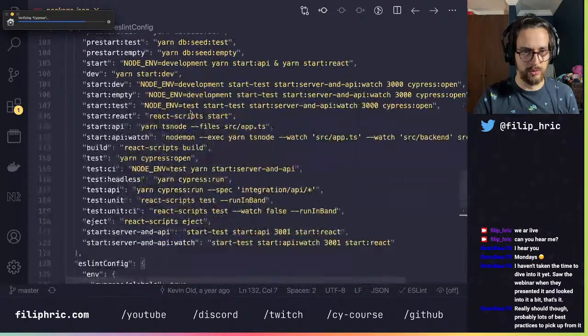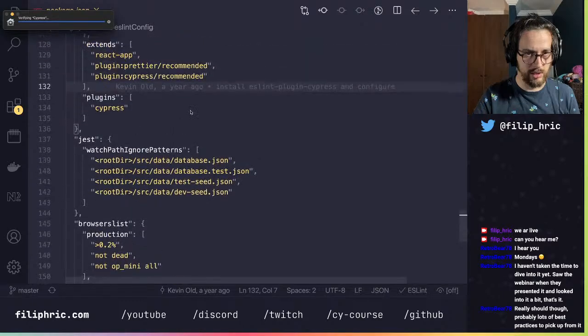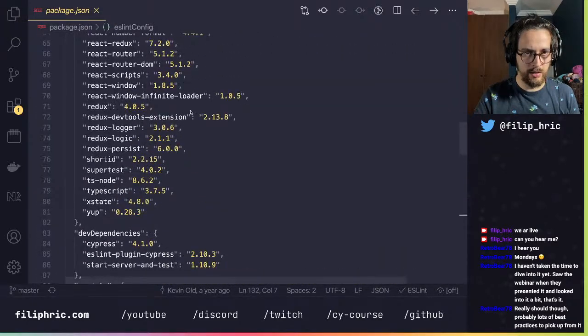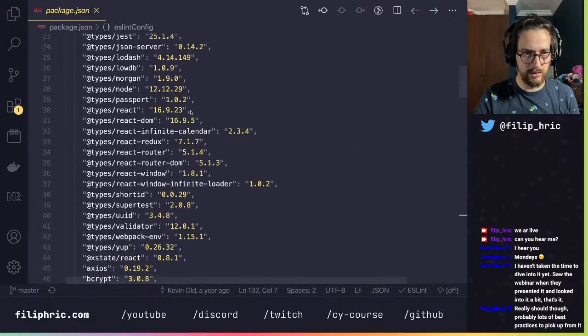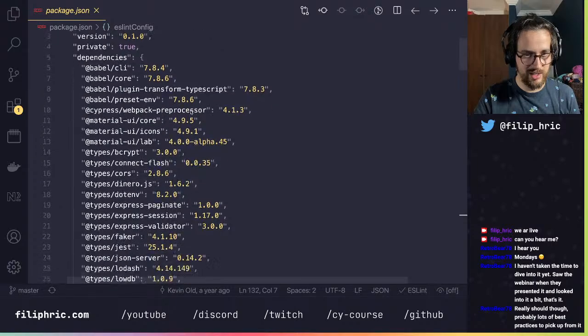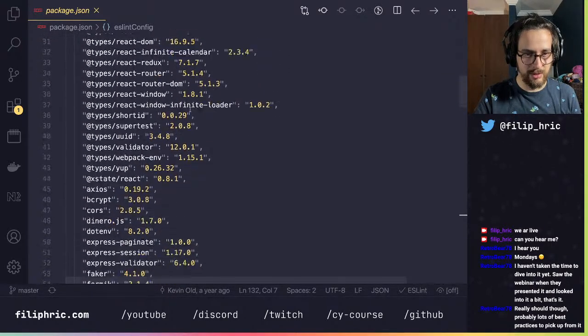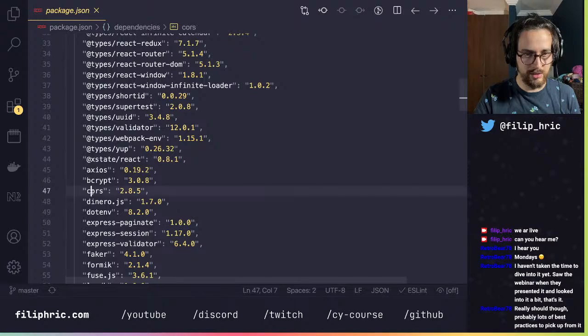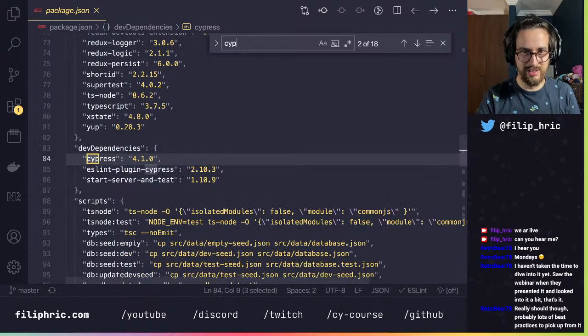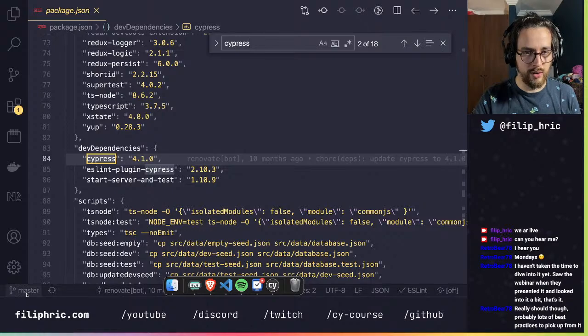Verifying Cypress. Which version of Cypress is this using? Let me see, because I'm on the newest one. I shouldn't be seeing this message. Oh my gosh. Cypress, where's Cypress? Oh, here it is. What? Okay, I'm on the master branch and I thought this would be the latest one.